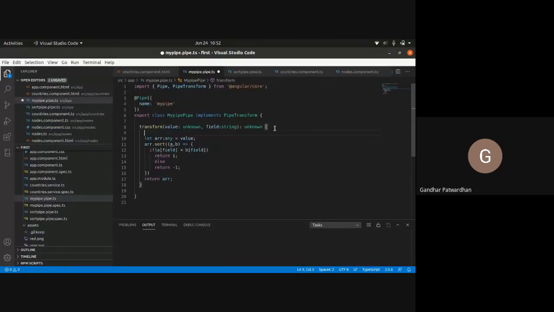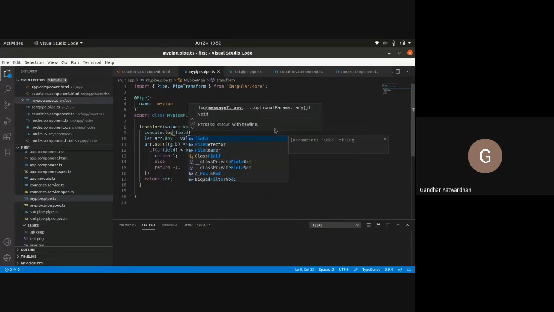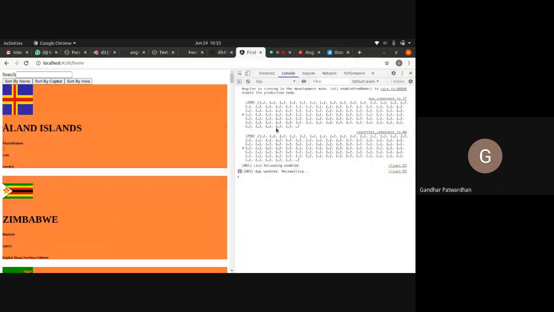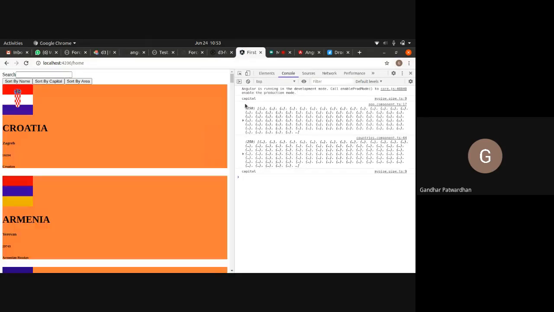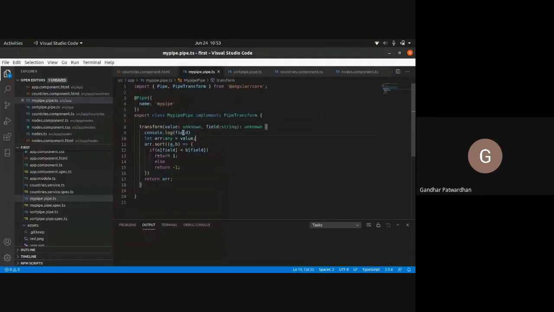I'll say console.log field. Right, so I got capital here now. It was not updated, that is the reason it happened. So we got the capital in field.